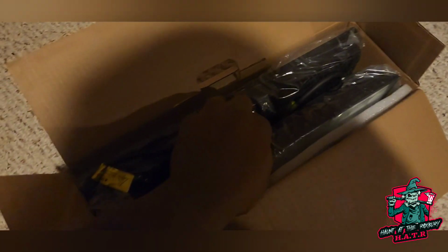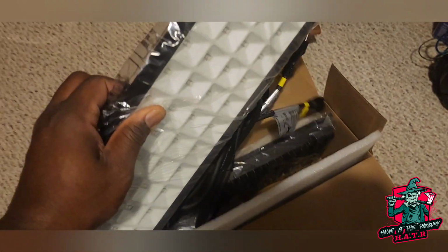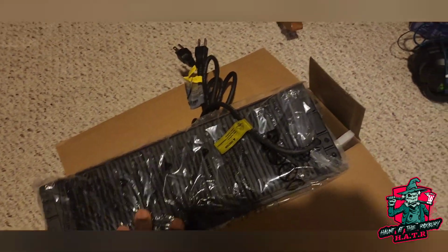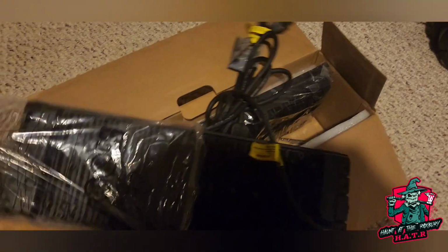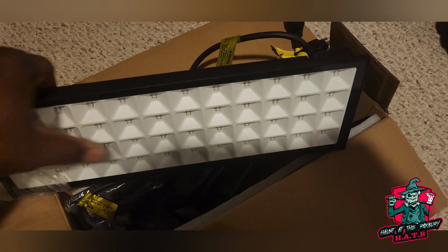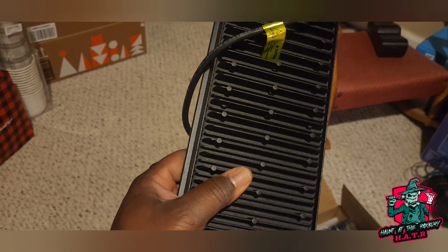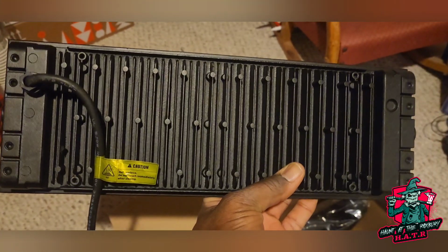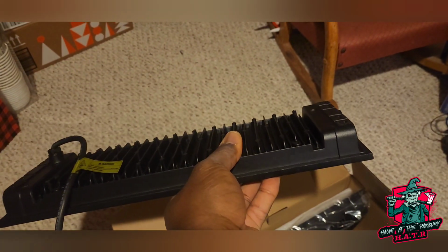So we're going to unbox this. Okay, let's take a look at this here. These are some really nice black lights. These are 100 watts, by the way. You see the back here for heat dissipation. Let's take the plastic off so you can really get a good look at that. This is a 100-watt black light, and you see that back here. That lets you know that this thing gets really hot, but it's great to dissipate that heat,